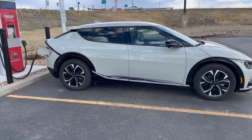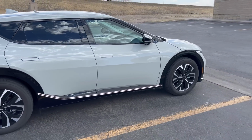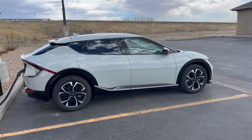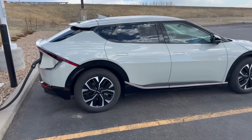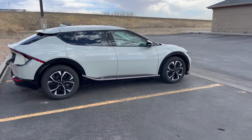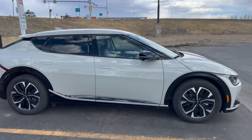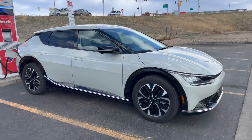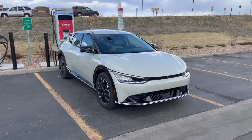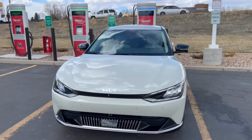It looks pretty good. Of course, it's got the 77.4 kilowatt hour battery pack. It has 2 electric motors, and what this is able to do is actually disconnect the front motor in rear wheel drive mode, or I should say in eco mode, to make it rear wheel drive only. Now, there is a caveat to that. You can't use the i-pedal, the one pedal drive program, when you're doing that. You actually have to run it in one of the 0, 1, 2, or 3 regen settings. Otherwise, it will keep the front motor disconnected. I sadly learned this after my Hyundai Ioniq 5